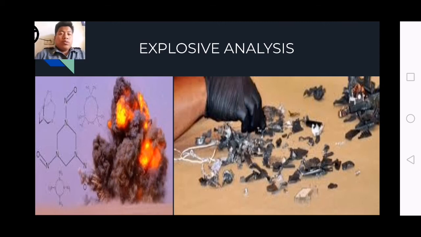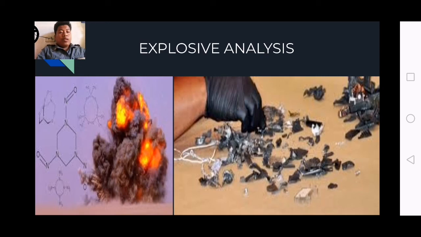So dito naman sa explosive analysis, maaari kasing merong signature na ginagamit ng mga teroristang grupo once sila ay nagpapasabog. So dito malalaman ng ating mga otoridad kung sino ang responsableng grupo sa nasabing pagpapasabog, dahil nga ang goal ng mga teroristang grupo ay mag-cause ng takot sa mga tao.